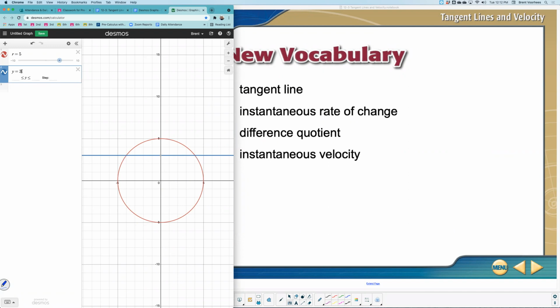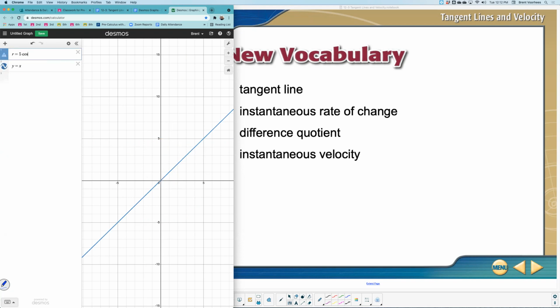Since it cuts through, that would be a secant line. A tangent line, however, is a line that touches an object exactly at one point, just like that. So let me give you another example of a secant line. y equals x is a secant line that cuts through the shape at 2 different locations. However, if I were able to shift this line over to just the perfect spot, let me do it this